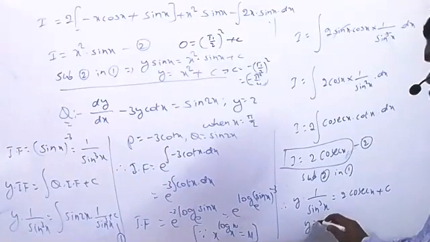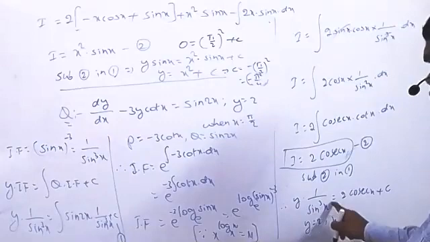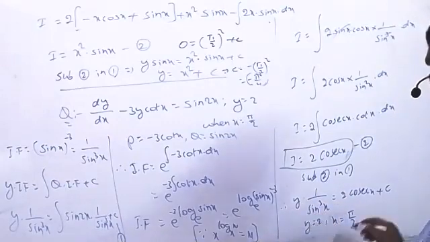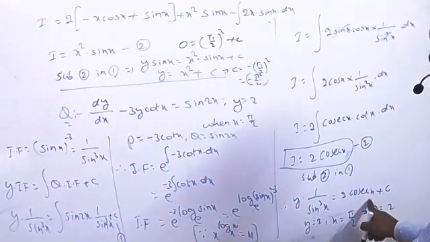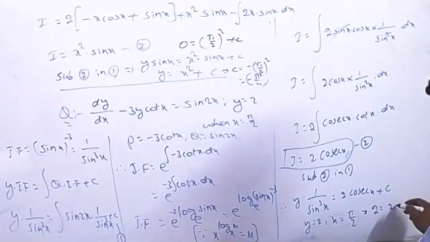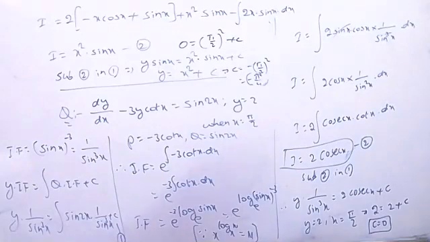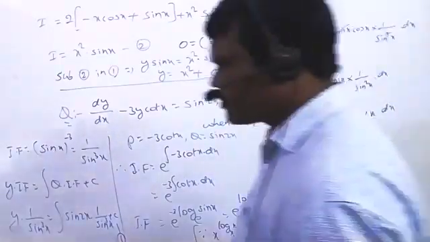Now y equal to 2 and x equal to pi by 2 you can substitute. X equal to pi by 2 means this value is clearly 1. The 2 is there now. So 2 equals 2 into cosec 90, which is again 1, plus c. So the value of c equals 0, because cosec 90 is the reciprocal of 1, equal to 1 only. So c equals 0. The c equal to 0 you can substitute again. This is what we call the particular solution.